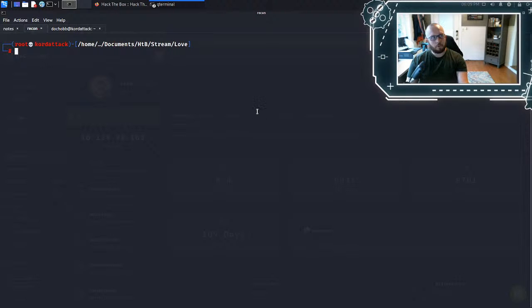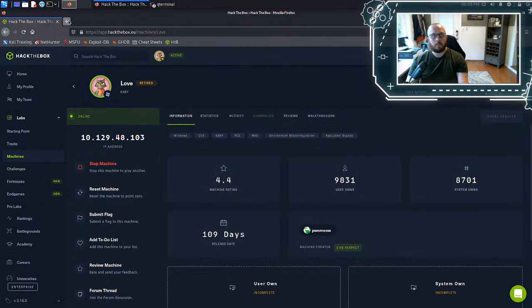First things first, I'm going to, on my other screen, open up my personal cheat sheet where I keep my usual recon commands. Don't mind me, I was doing school earlier. We'll do love.hackthebox. So I'm going to start my nmap, and then while that's running, might as well just